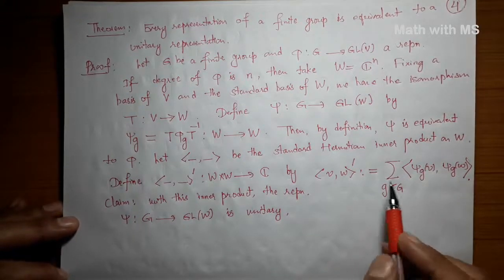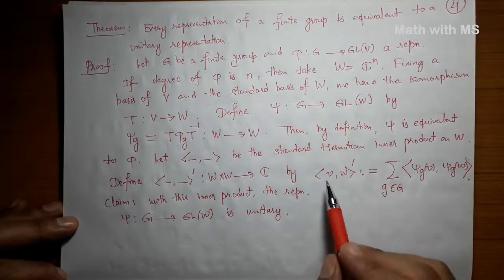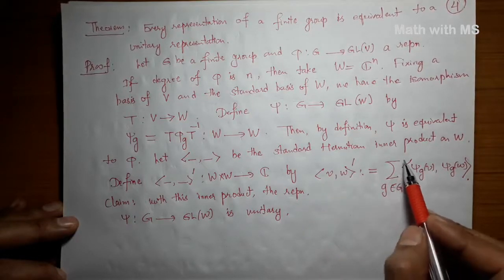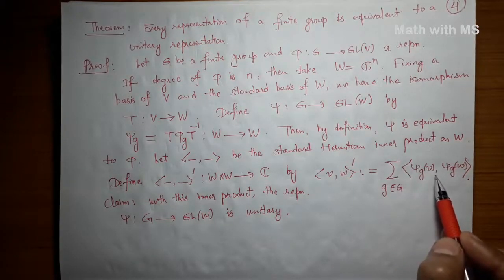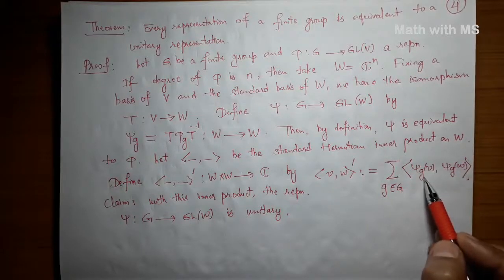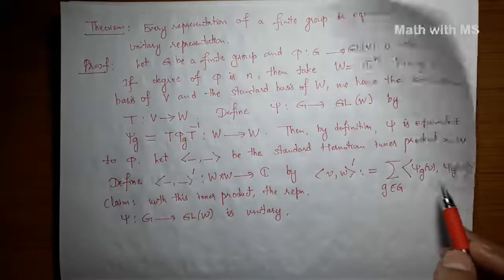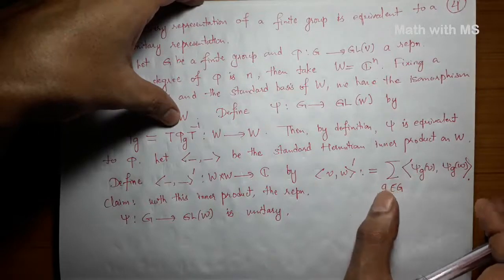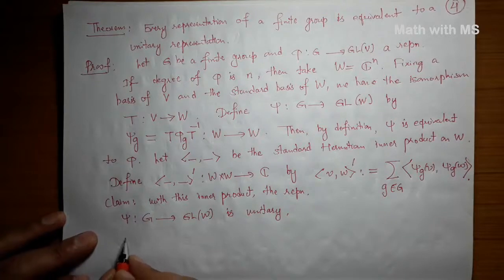So we need to first show that this prime is in fact an inner product, and linearity is very obvious. If you take in the first coordinate (αv1 + βv2, w) whole prime, then it is the summation over the group elements of ⟨ψ_g(αv1 + βv2), ψ_g(w)⟩. But ψ_g is a linear map, so it becomes αψ_g(v1) + βψ_g(v2). And this bigger inner product is the standard inner product, which is linear, so it splits over and linearity goes through. So it's certainly linear. And the second condition is also obvious, let me just write it down for you.